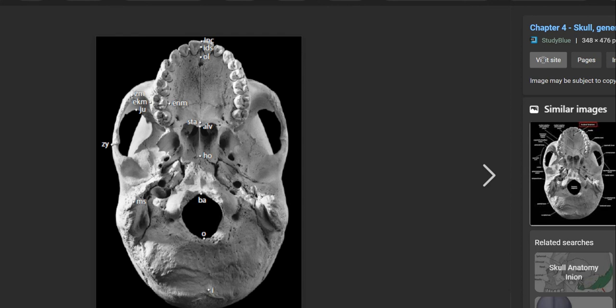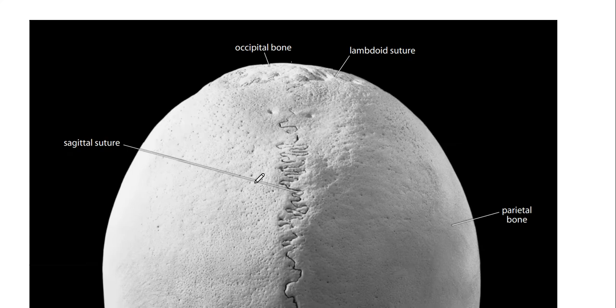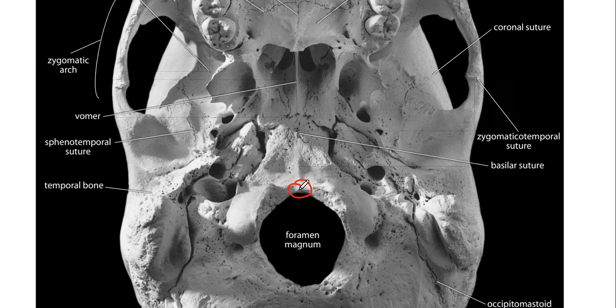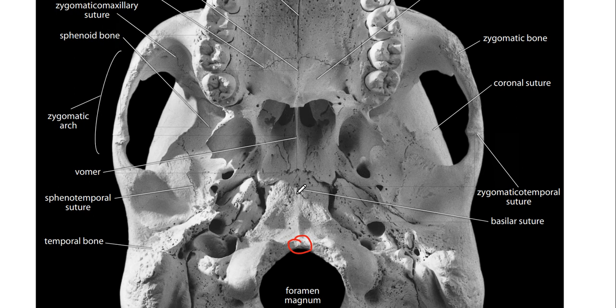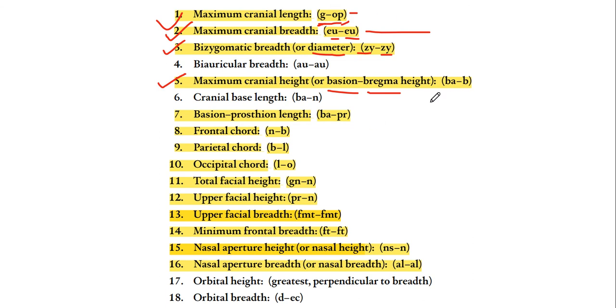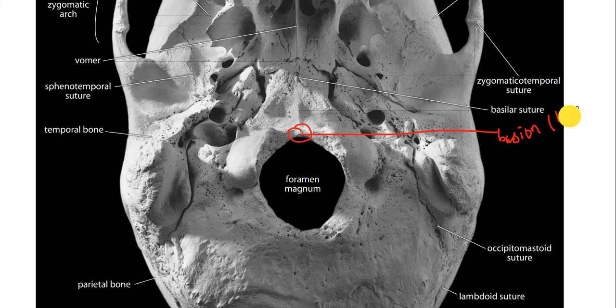Now when we say here, so this point here at the foramen magnum directed towards the dental arch is called as basion. Fine, this is basion. The short form is B, I guess, if I'm not wrong. Let me check. Okay, it's BA. For bregma, it is B. So basion is BA. Fine.